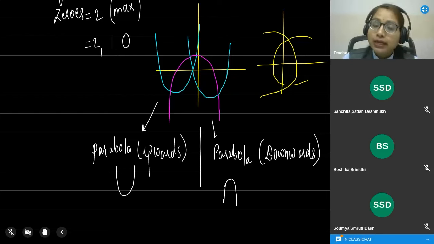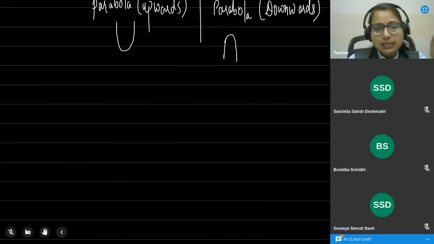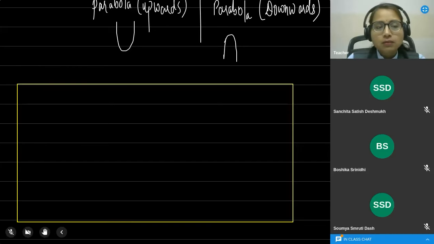Now how can we decide, or how can we get the graph of this, whether it is upward or downward? There are many factors by which we can decide. So first of all, what are the cases possible? Let me tell you. There are three cases possible, guys, when you draw the graph of any parabola for a polynomial. So the graph of the parabola can be of three types.